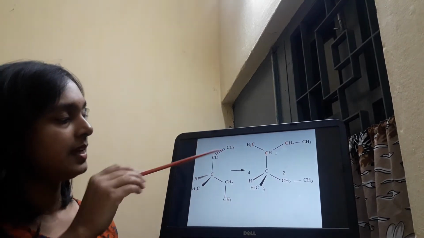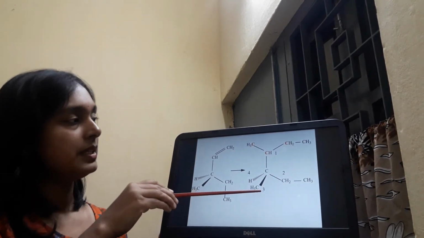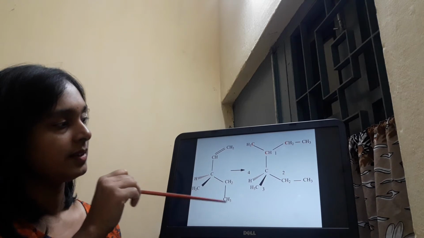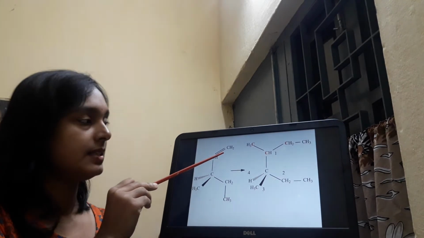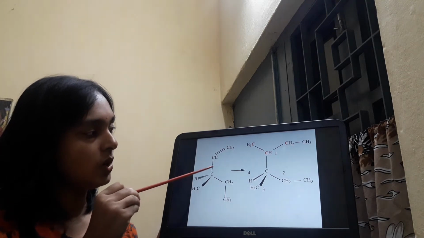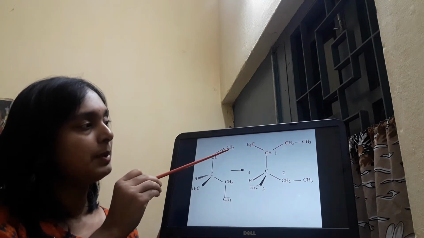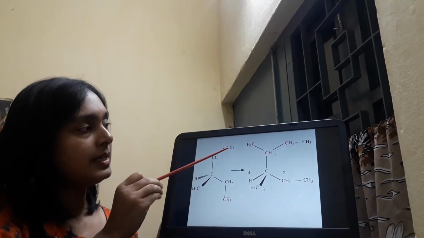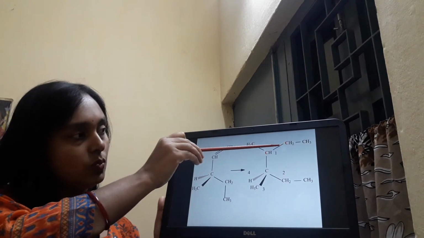So here, hydrogen is fourth priority, CH3 obviously third, but the competition is between that one and the second. As there is a double bond here, we will count this second carbon twice. So we can consider it like that. This carbon is linked with 1 bond. Yes, it is 1 bond. And this carbon is again linked with this carbon by 2 bonds. So we can consider 2 bonds linked with carbon. This carbon is linked with again 2 bonds. So this carbon is linked with 1 bond and 2 bonds.